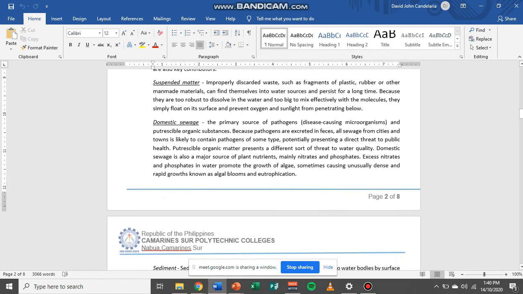We have here domestic sewages. The primary source of pathogens, this is causing microorganisms and putrescible organic substances because pathogens are excreted in feces. All sewage from cities and towns is likely to contain pathogens of some type, potentially presenting a direct threat to public health. So,